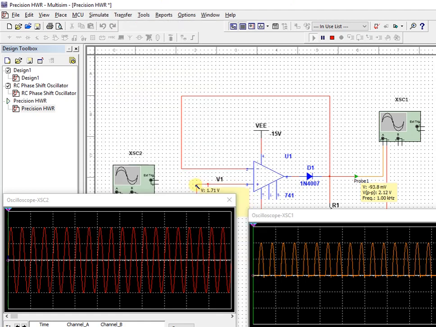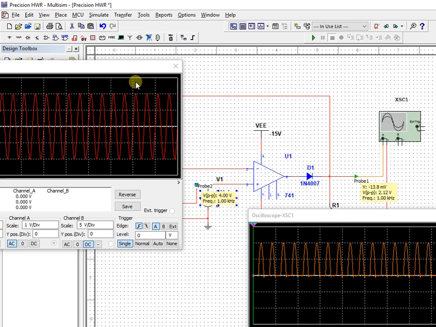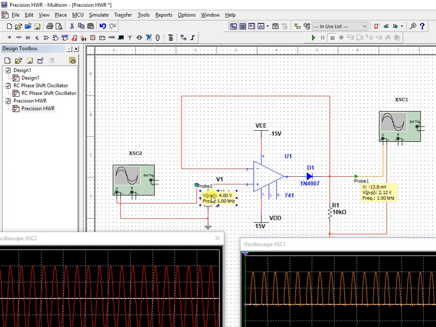So I'm connecting a probe at the input side. Again, I don't want all the parameters, so I'm making it a no. So you can see I have kept only the input voltage peak to peak, which is 4 volt and a frequency of 1 kilohertz.